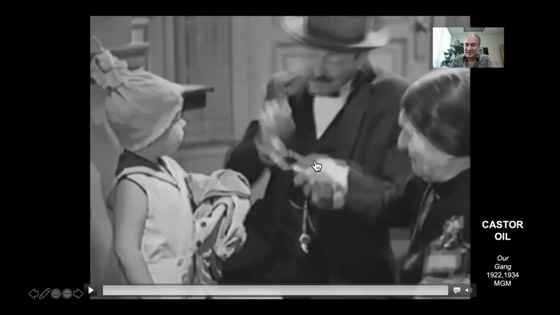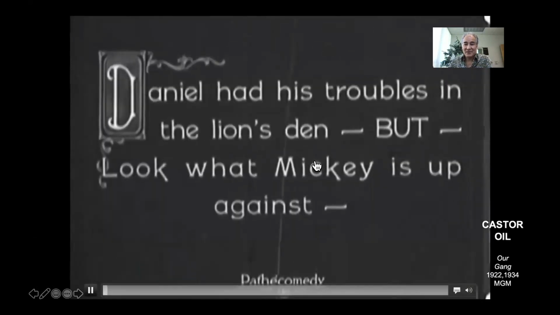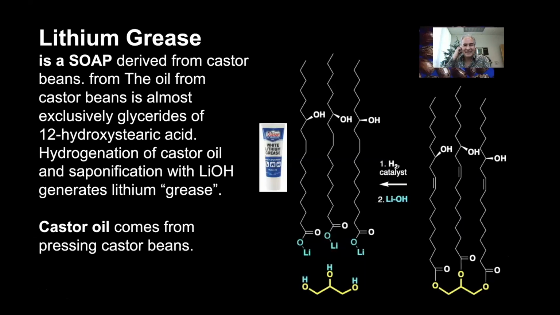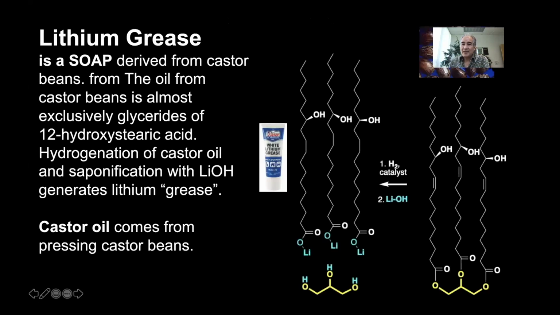I don't want it. Boy, what could be less interesting than castor oil? Turns out that castor oil is really interesting. Let's go ahead and talk about this lithium grease situation here and what that's about. It turns out that you generate lithium grease. Let me try to bring back my slide. You make lithium grease